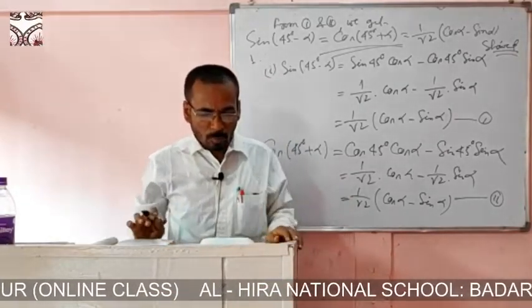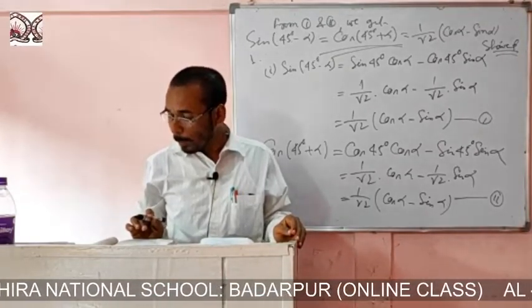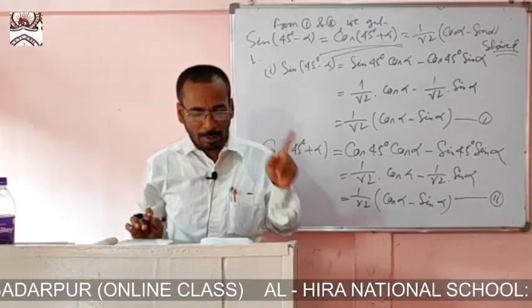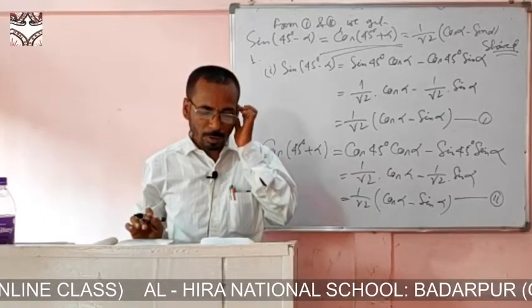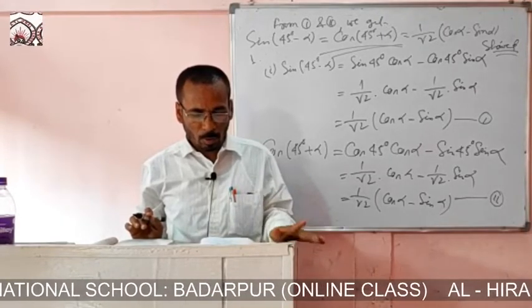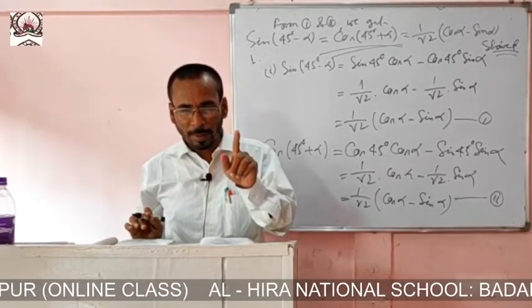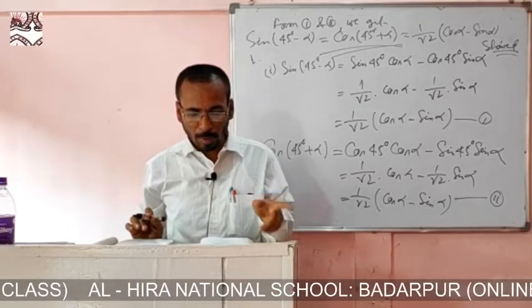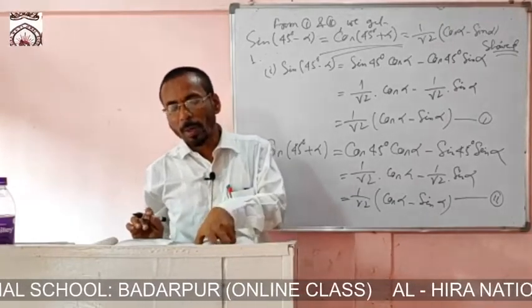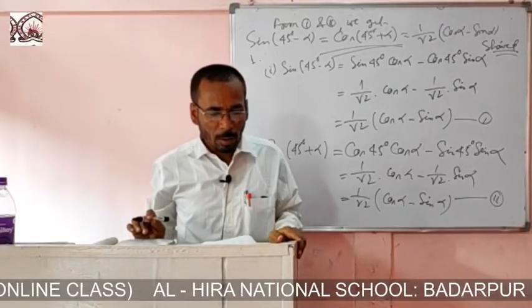By this way you can do number 2, number 3 also, number 2 just like number 1, and then number 3 is sine theta minus 60 degree into cos theta minus 30 degree. So for sine theta minus 60, here theta is A and 60 is B. Using the formula, sine A minus B is sine A cos B minus cos A sine B, and for cos theta minus 30, using theta as A and 30 as B, this is cos A cos B plus sin A sin B. After that you put the values and find out the result.